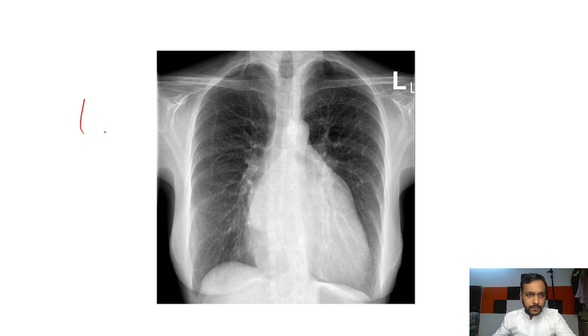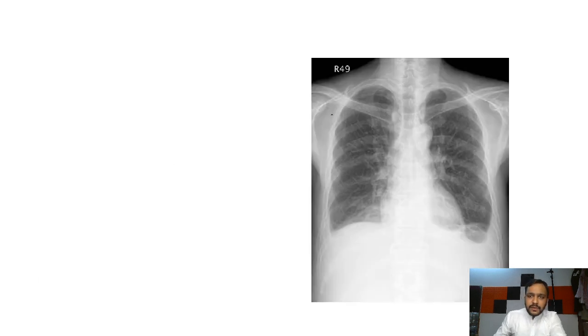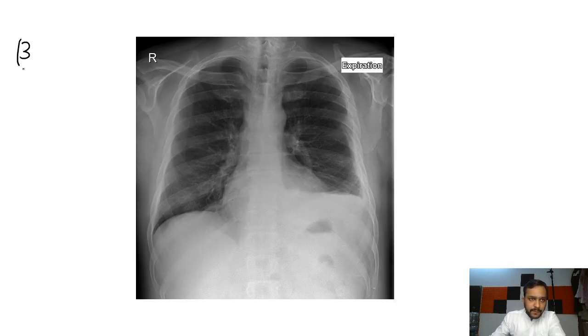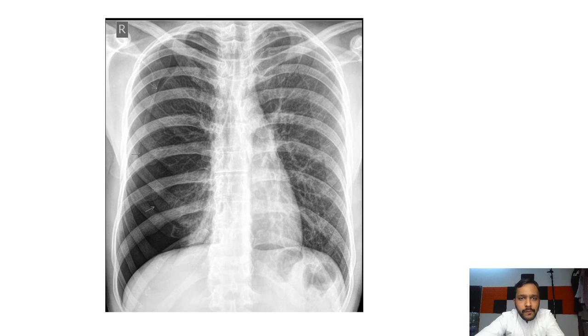Try to see the abnormality in this case. And this is the second chest radiograph. The third, you can pause the slide in between and you can try to make the diagnosis. The fourth, you can also keep a copy with you and try to make the diagnosis. And let me know in the comment section below how many of the chest x-rays you were able to identify.